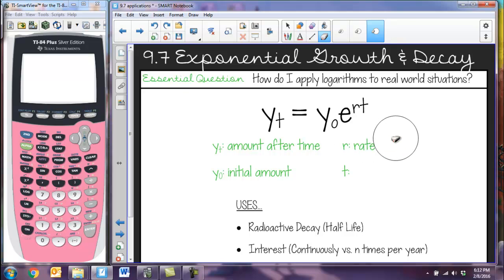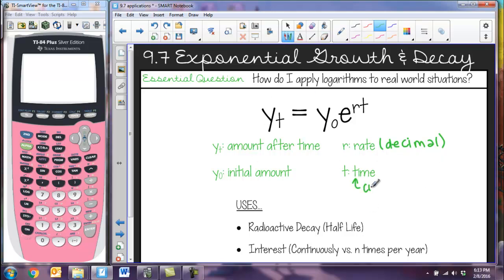Your r is a rate. And the important thing about your rate is that it needs to be written as a decimal. And for your rate, it's okay if it's negative. If it's negative, that just means it's decaying or it's getting less, whereas a positive rate would tell you that it's getting more and it's growing. Okay, and then t is time. The big thing about time is you need to stay consistent. So if your problem talks about minutes, you have to make sure your answer is in minutes. If it's hours or months or days, whatever it is, you just have to make sure that it's consistent